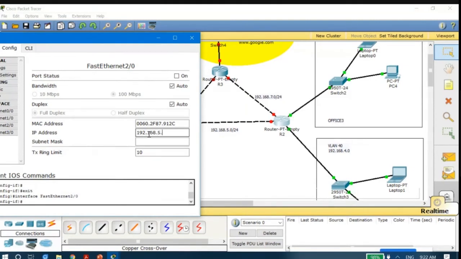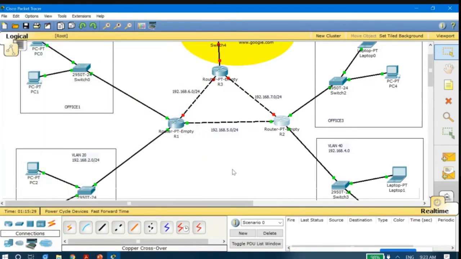Okay, 5.1 is already assigned to the previous router, so I will assign it 5.2. That's all. And then the subnet mask is default and the port status is on. This much you have to do. Done. So the network between router R1 and R2 is configured.